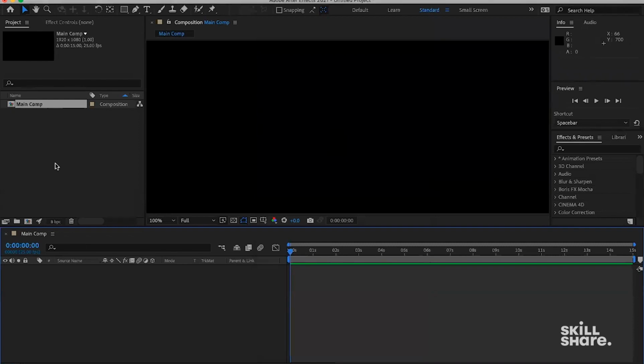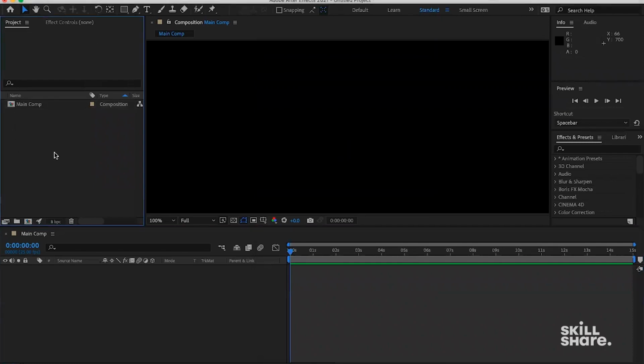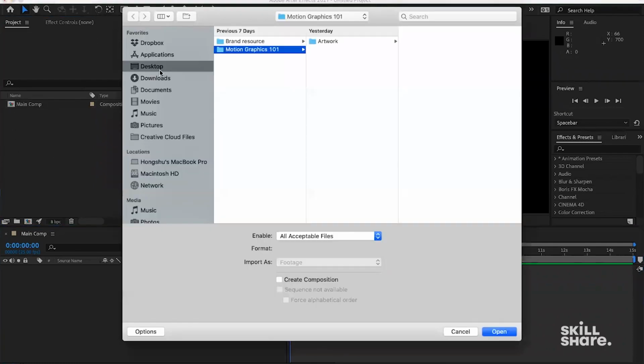So first we need to bring in the Illustrator file. So we go to the top left panel here, which says Project. And then an easy way is just to double click on this panel, any empty space, double click. It's going to pop out the Finder window, and then let's navigate to our